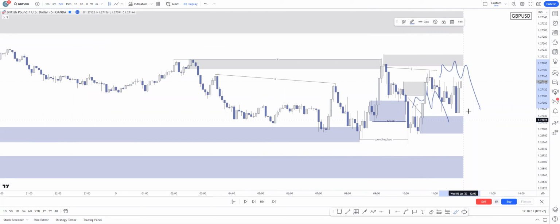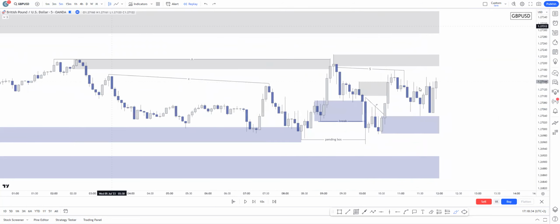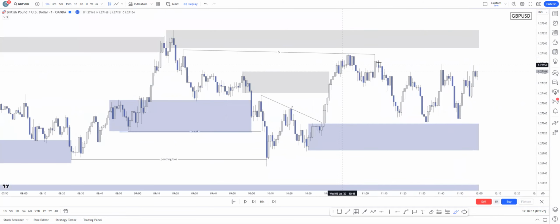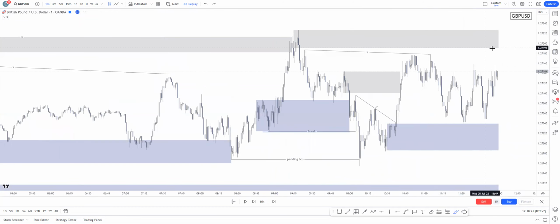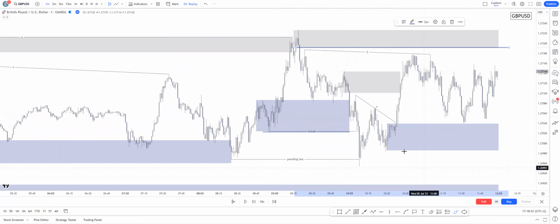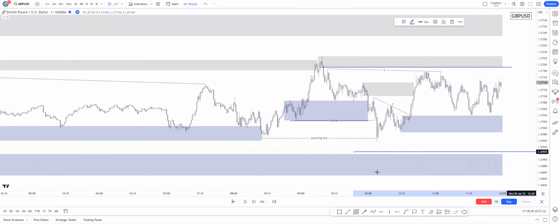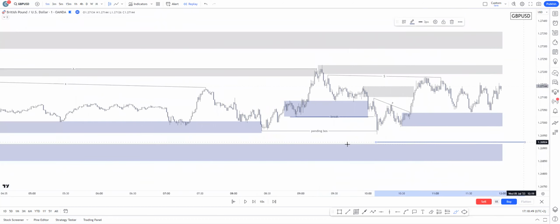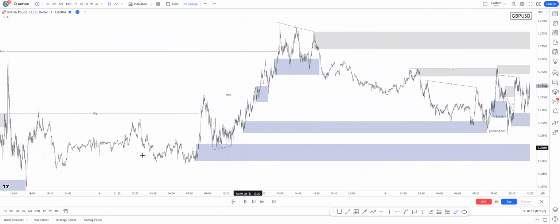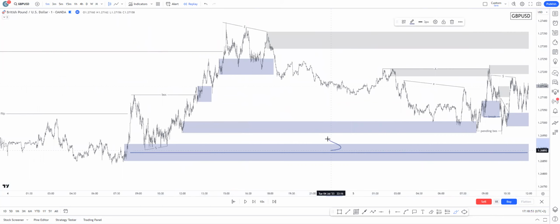Neither setup played out, and actually price action has really slowed down on GU. There was liquidity creation on both sides, and I had alerts on this zone and technically on this zone, because I was expecting the sweep of this liquidity into this 15-minute demand, whose 50% wasn't mitigated here.